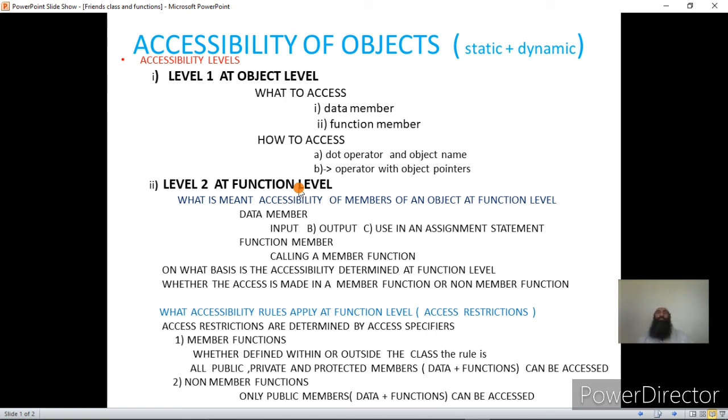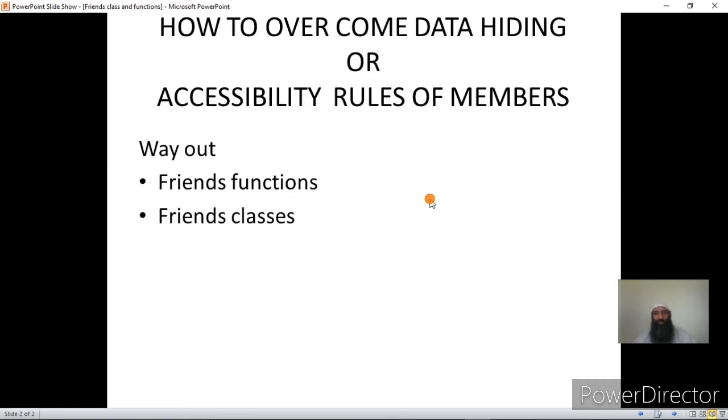The only way to share the resources is what we call friendship. So we develop a friendship of that particular non-member function with the class. Or when we are accessing the objects within the member functions of some different class, we make that class a friend of the other class.